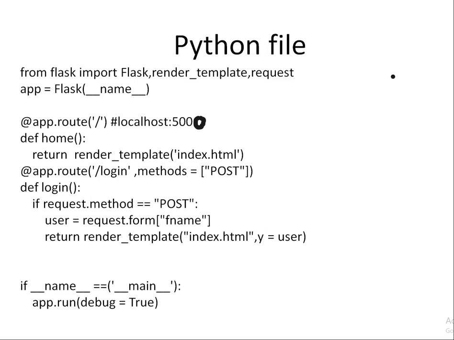First itself, if you type that localhost URL, automatically it has to render this HTML. After that, if you click on that button, it has to do all those things, assigning the first name value to the user, and that value is passed to this index.html by rendering, and that value will be displayed in your web browser, right? So now we are going to see the demo of the same, how it is going to execute.